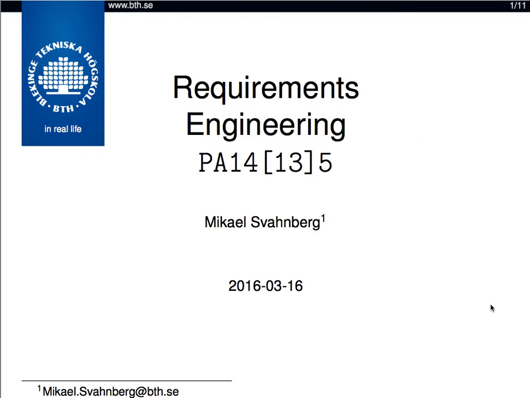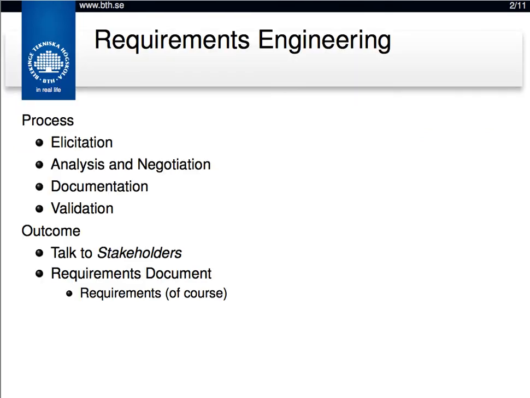Requirements engineering. The requirements engineering process is sort of like waterfall, a mini waterfall for just the requirements engineering part of the process. So you do first elicitation, where you find the requirements. The analogy is that you're walking around with a flashlight and the requirements are there for you to find. So you light them up, you elicit them with the flashlight, and oh, there's a requirement, and you take note